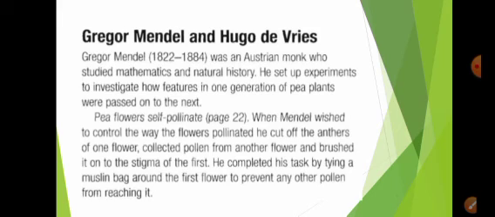George Mendel and Hugo de Vries. George Mendel was an Austrian monk who studied mathematics and natural history. He set up experiments to investigate how features in one generation of pea plants were passed on to the next. Pea flowers self-pollinated. When Mendel wished to control the way the flower pollinated, he cut off the anthers of the flower, collected pollen from another flower, and brushed it onto the stigma of the first. He completed his task by tying a muslin bag around the first flower to prevent any other pollen from reaching